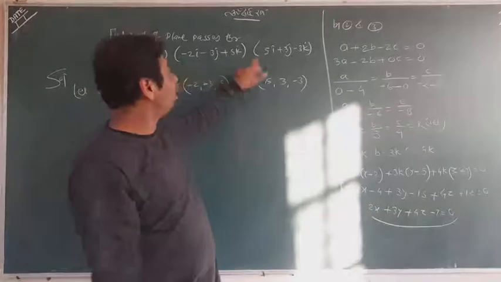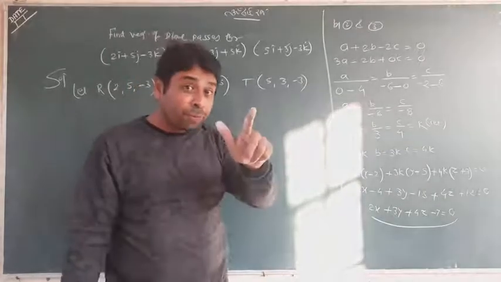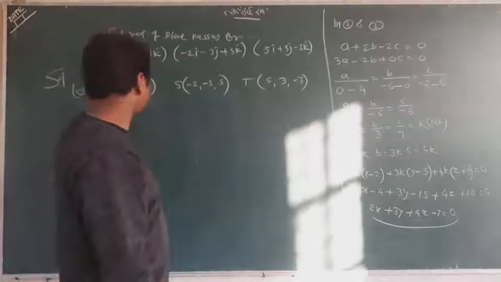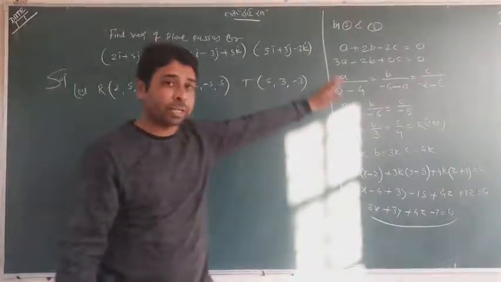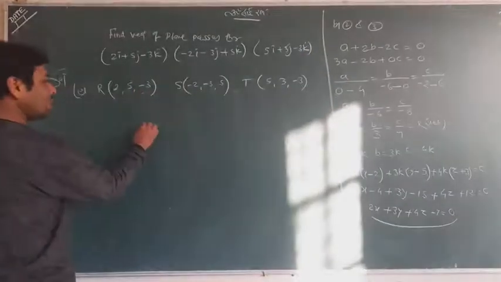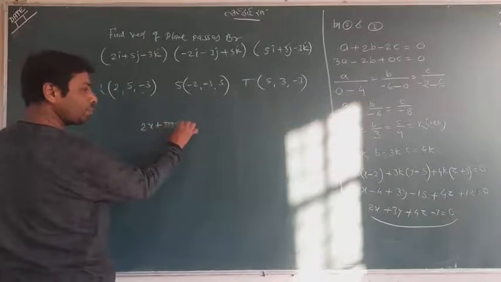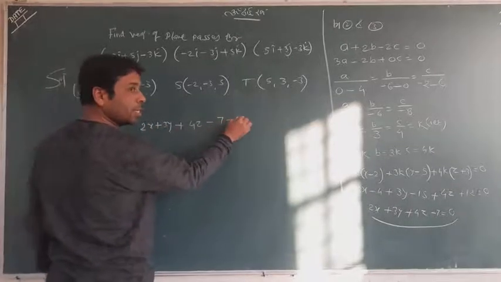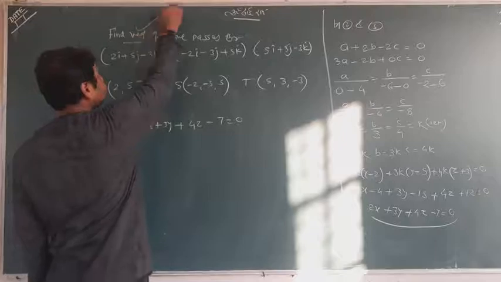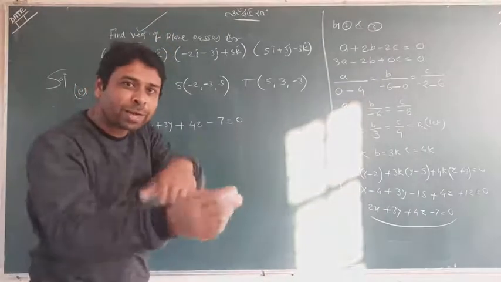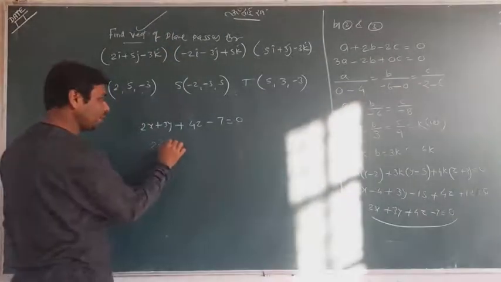Now, this was a vector, this is Cartesian. Now we will find the equation of the plane which passes through R, S and T, as we have done. And after getting your answer, you were asked to find the vector equation. So change your answer into vector now. How can we change it? Look at it, I tell you.